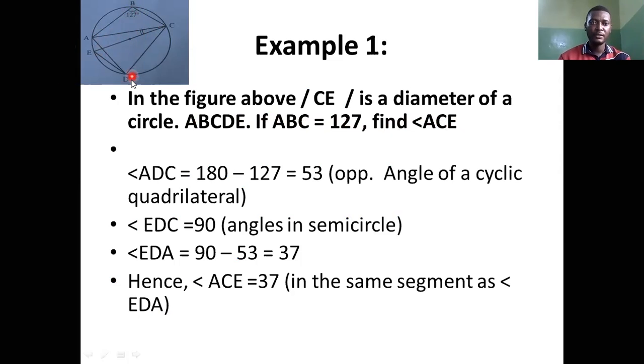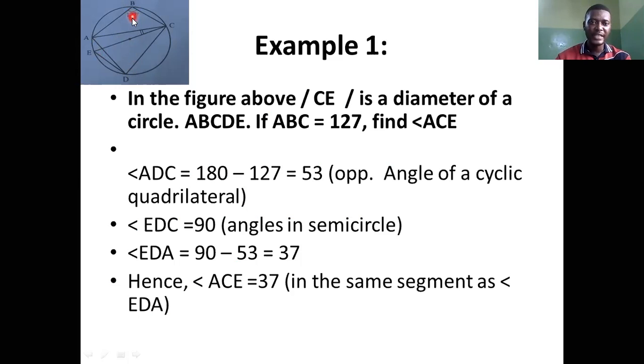It's very easy to solve this particular question. Now, angle B and angle D. If I add both of them together, it will give me 180. Who can give me the reason? That's right. The reason is because they are opposite angles of a cyclic quadrilateral. So it therefore means their sum should be supplementary. Of course, by now you know what supplementary angles are. Supplementary angles are angles that add up to give us 180 degrees, while complementary angles add up to give 90 degrees.